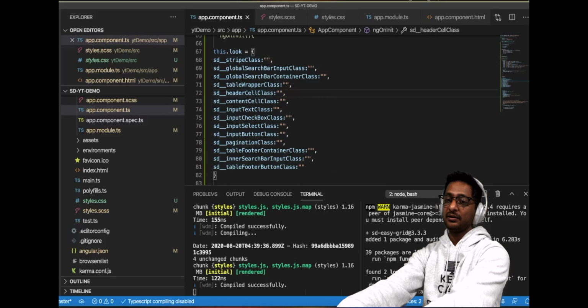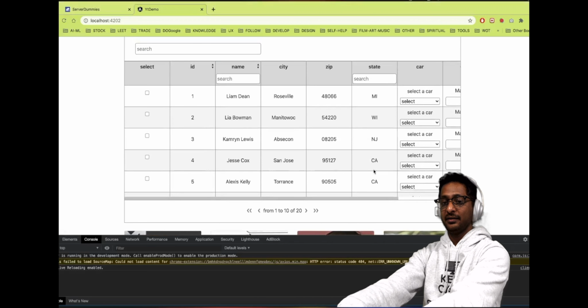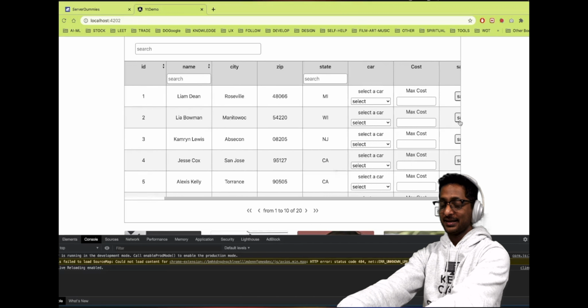In the same way, we can completely redesign our grid by passing different classes. And that's all about it,